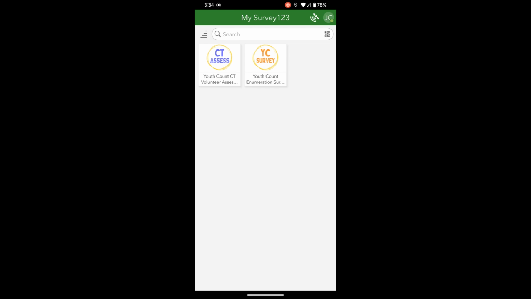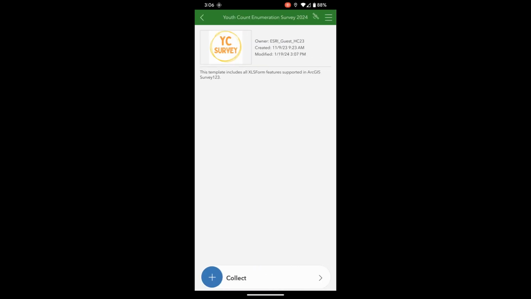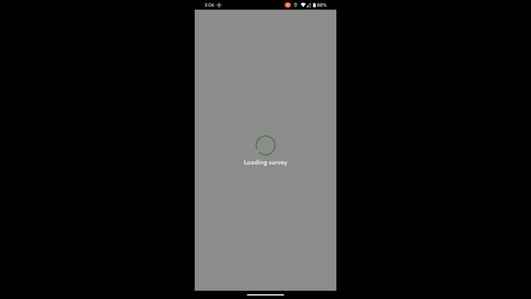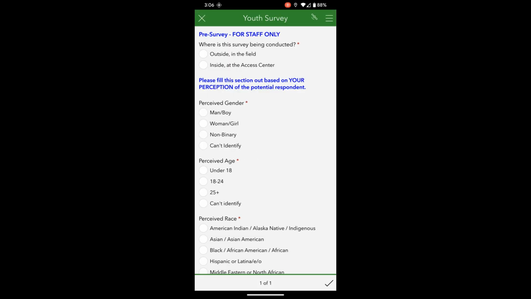The general workflow is to complete the Youth Count Enumeration Survey for each person you observe and consider engaging, and then complete the Youth Count Census Tract Assessment Survey when you've finished canvassing a census tract. To start a survey, tap the tile and then tap the Collect button at the bottom. I won't go over both surveys exhaustively since they're straightforward, but I will touch on some important things to make